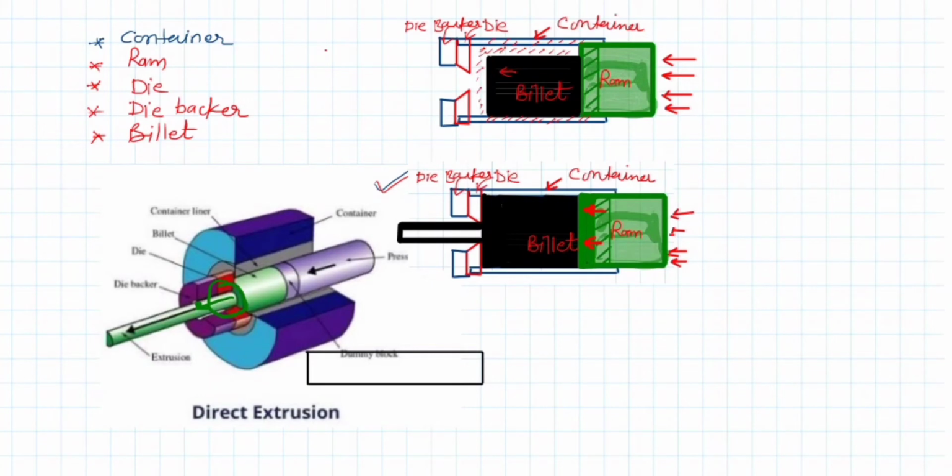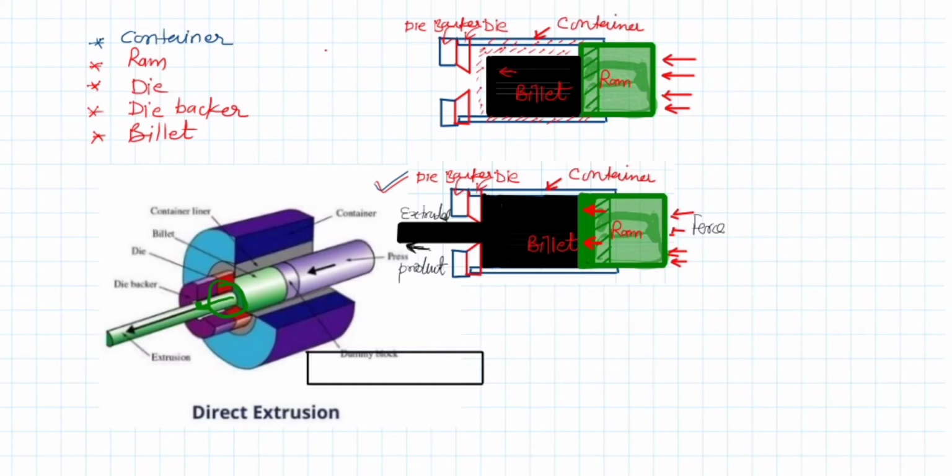Whatever the shape of the die, that exact shape will be produced on the extruded product. This is the extruded product. If we look closely, we are applying the forces in this direction, and in the same direction we are getting the extruded product.